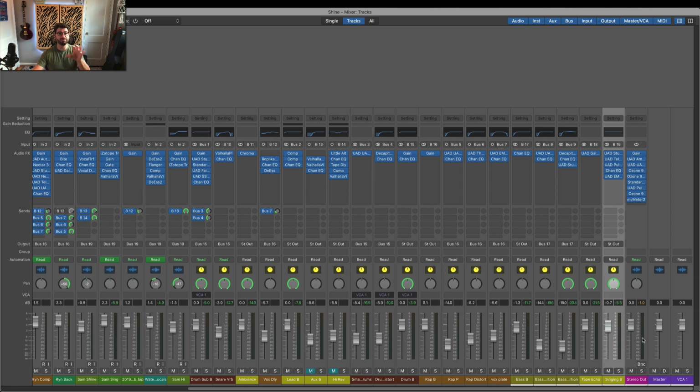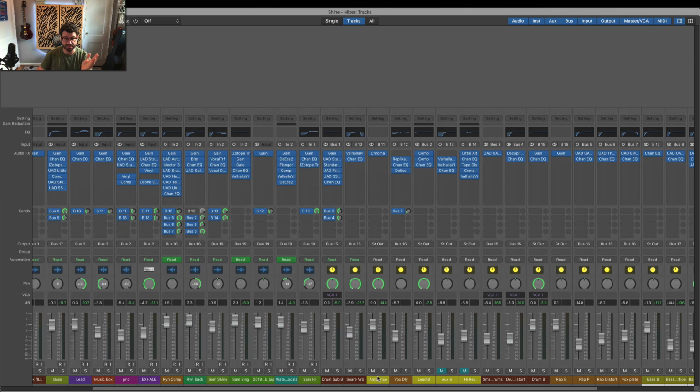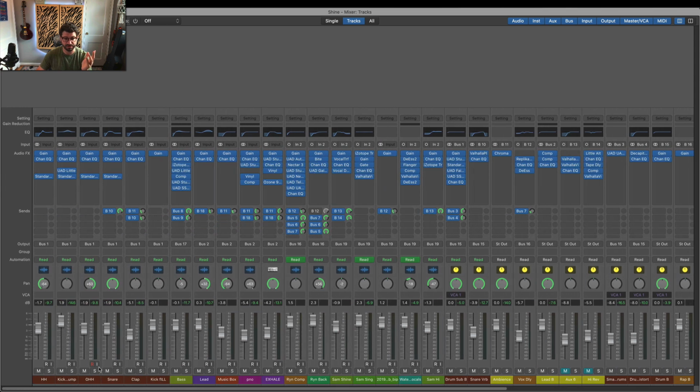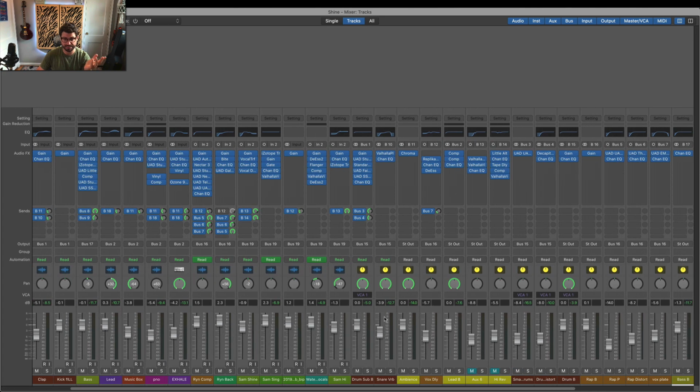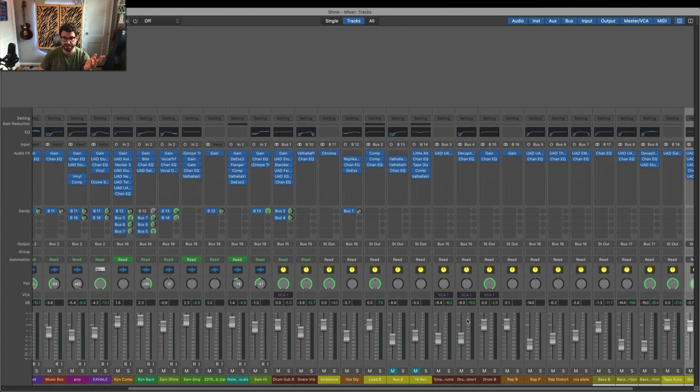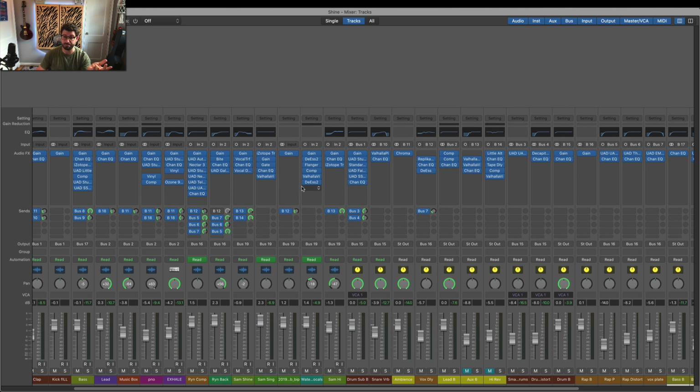Whereas with mixing, I have the ability to reach in and adjust instruments relative to each other. I can make the bass quieter or the snare louder than the kick. I can pan the hi-hats from the left to the right, or add more reverb or space to the vocals. That's what the mixing process is. As you'll see here, I've got all these different channels that I'm mixing together. You can see that I've got different volumes set for each of them, and then I've got all sorts of effects that I'm applying to them.